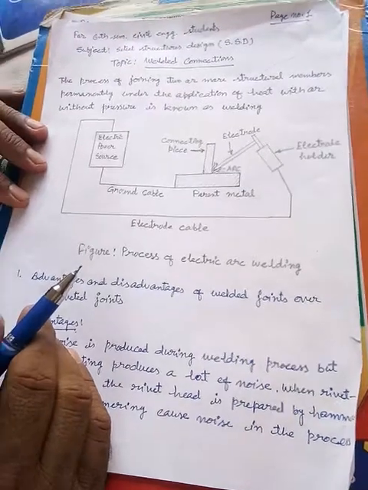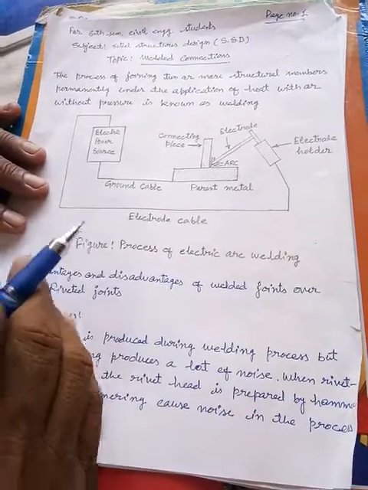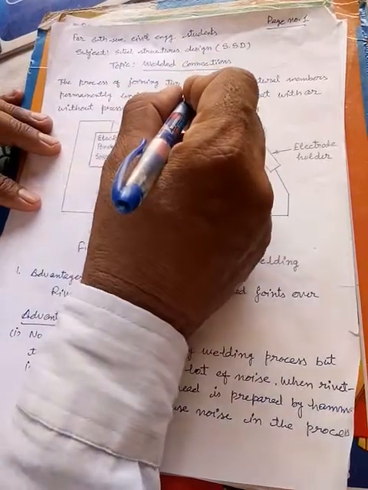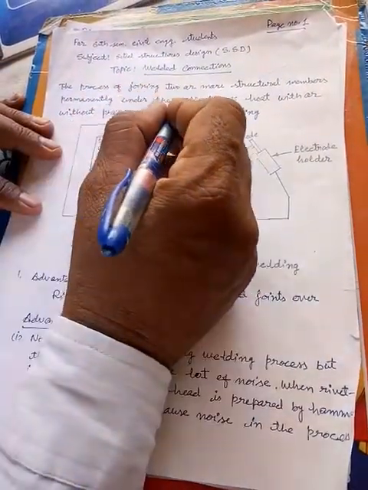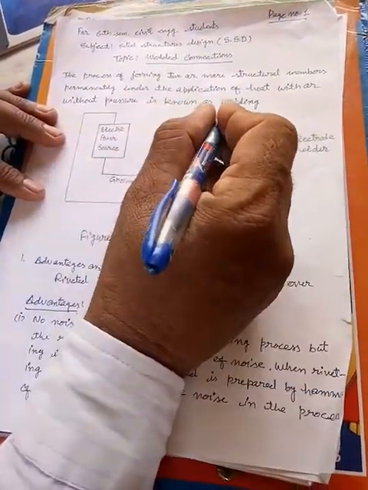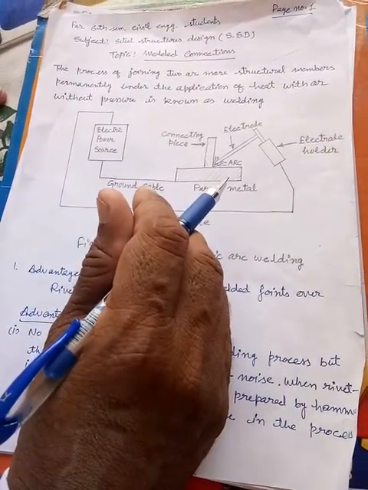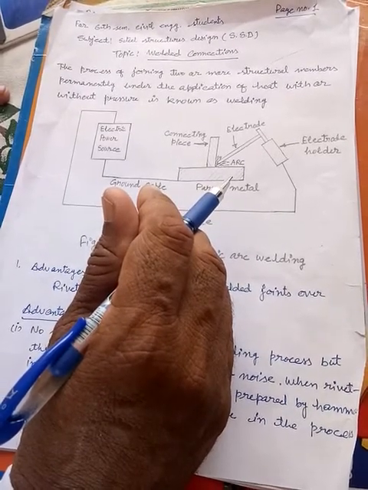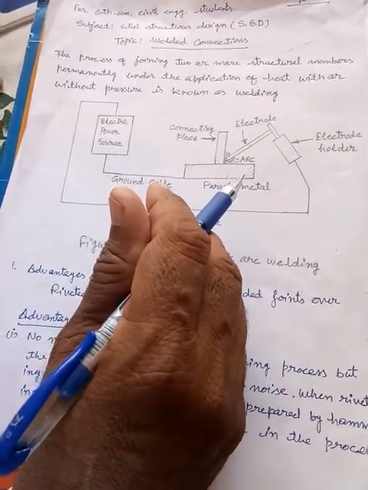Good morning students. Dear students, our next topic is welded connection. So what do you mean by welded connection? The process of joining two or more structural members permanently under the application of heat with or without pressure is known as welding. So if the pressure is used for joining the two parts, the process is known as forge welding. If the two parts are joined without any pressure but with a separate weld metal, the process is known